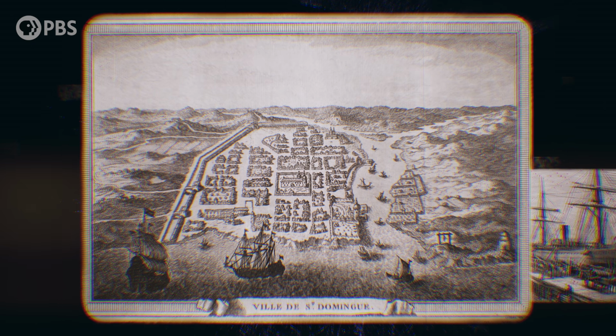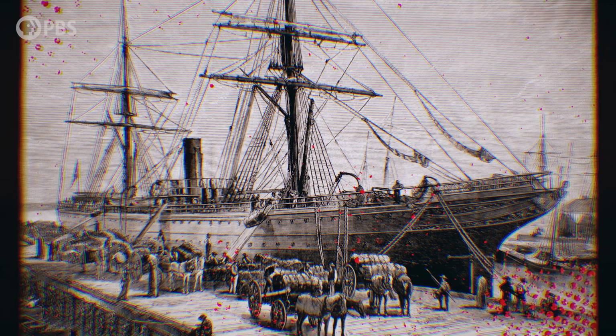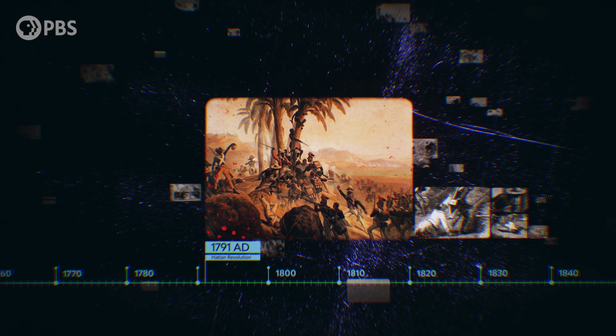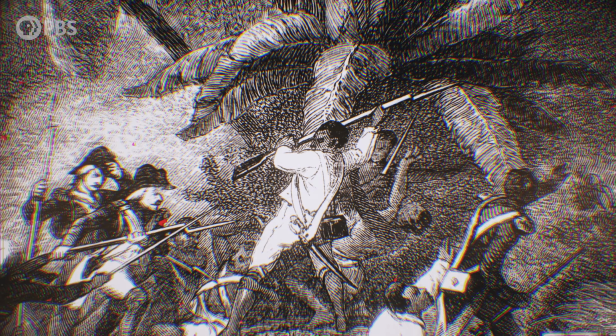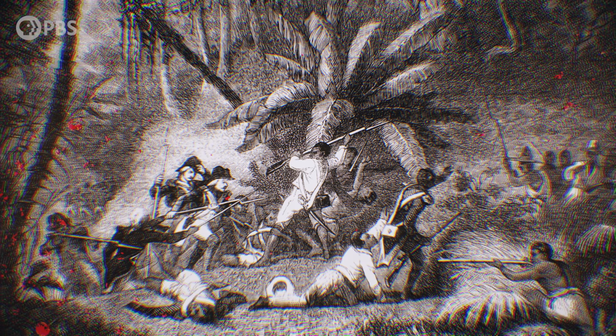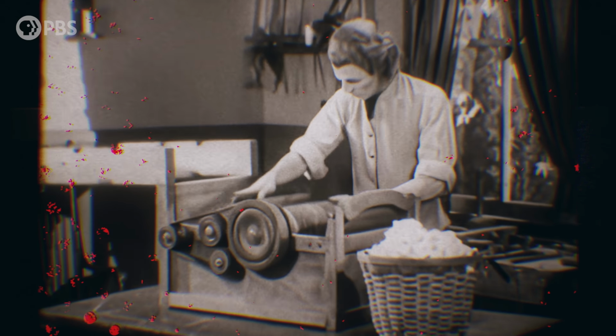By the late 18th century, the French Caribbean colony of Saint-Domingue, present-day Haiti, was the world's top producer of raw cotton. But in 1791, enslaved African workers revolted and overthrew the government, essentially bringing cotton production to a halt and creating an economic opportunity for the new United States of America. The moment when cotton comes to the United States and when the United States becomes important to cotton is the early 1790s. Just 2 years after the Haitian